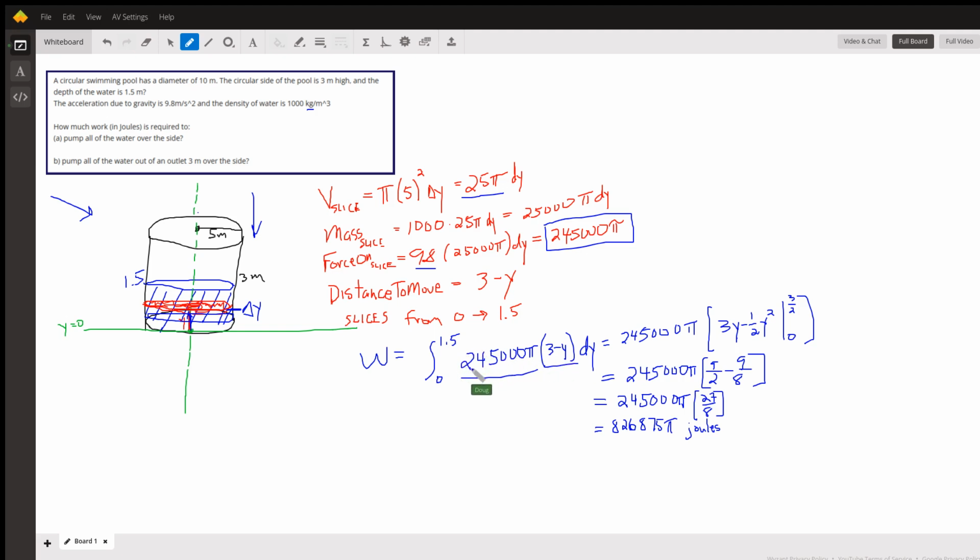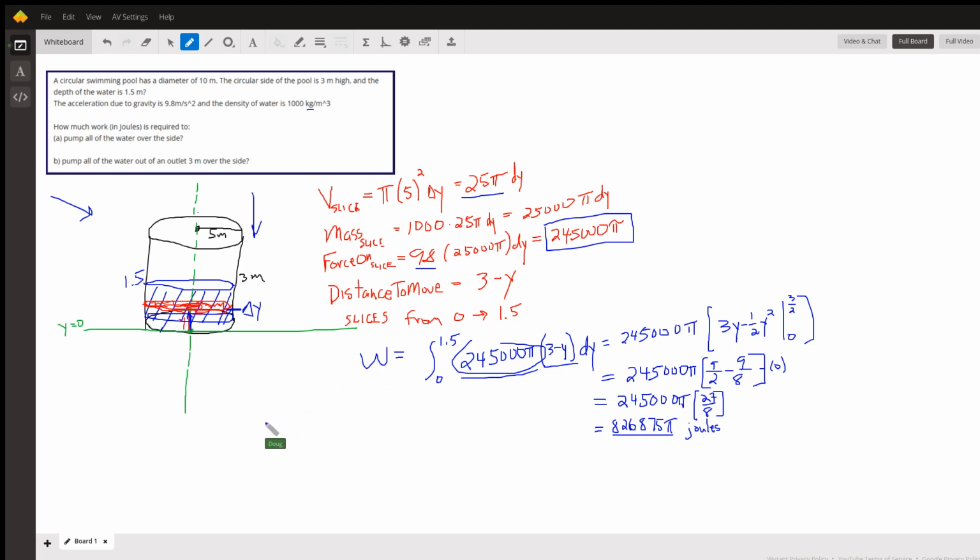Okay, this is a constant. We can move that out front. The antiderivative of 3 minus y is 3y minus 1/2 y squared, evaluated from 0 to 3 halves. Gives us 27/8. Of course, there's a minus 0 here. We put 0 in for y. And that translates to 826,875 pi joules. You could get a decimal approximation by multiplying by 3.14 for pi, 22/7, whatever you want to